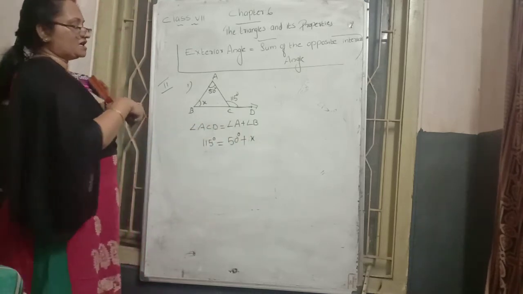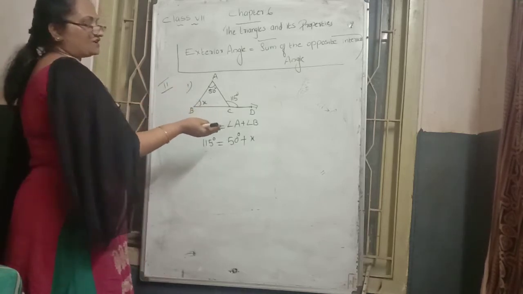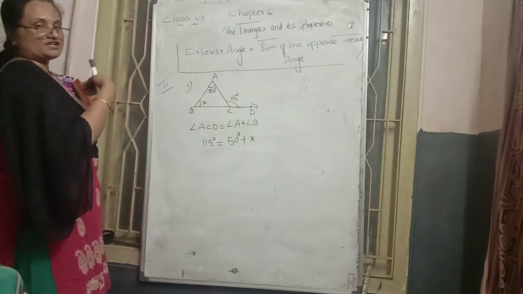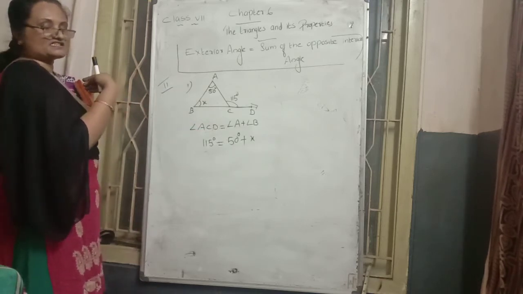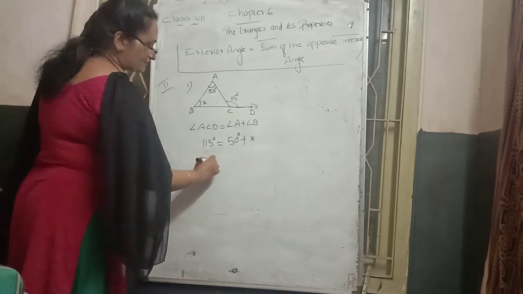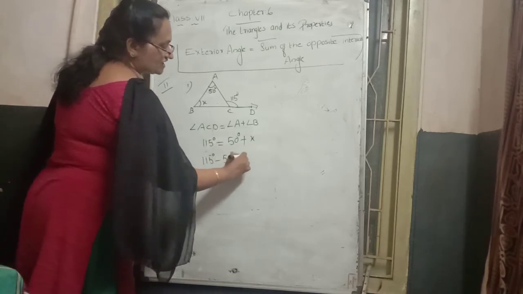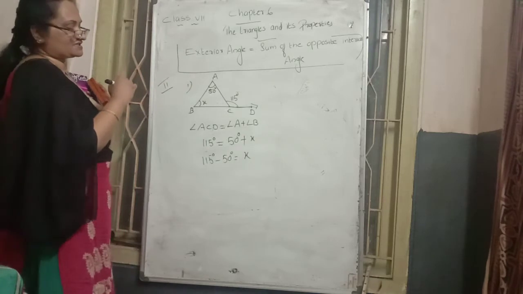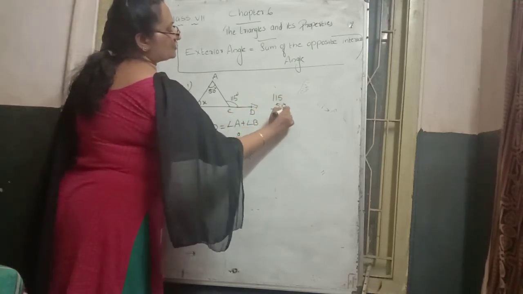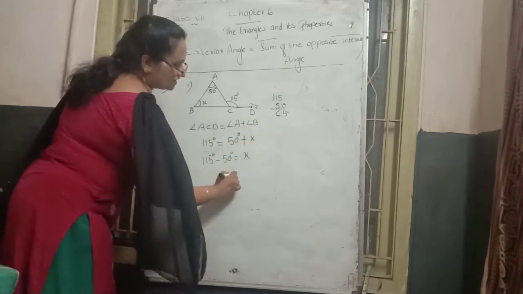How to find the B value? We learned this in the linear equations chapter. To find the x value, we move plus 50 degrees to the left side. When plus 50 goes to the opposite side, its sign changes, plus becomes minus. So on the left side 150 degrees is already there, and plus 50 brought to the left side changes to minus 50, equal to the variable x on the right side. Then we subtract 50 from 150. How much will come? 100 degrees. Therefore the x value becomes 100.